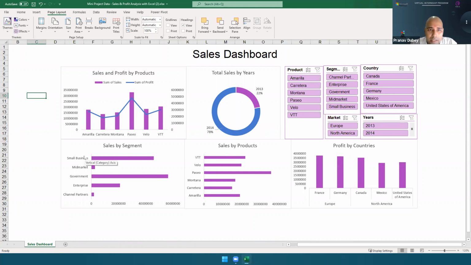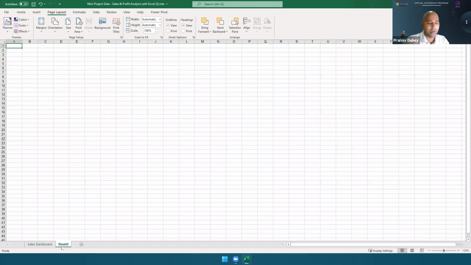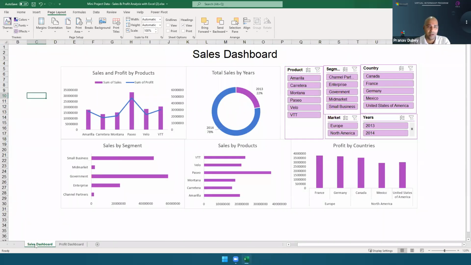Can we make a different dashboard for profit, or do we have to give everything in a single dashboard? No, that's okay. You can create multiple dashboards. So maybe on one dashboard, you do sales analysis, sales dashboard. On the second dashboard, you do similar things, but this could be your profit dashboard. So you analyze the profit of different products in different countries in different years. That's perfectly fine. In your project, you will create multiple dashboards. So one customer dashboard, demographic dashboard, something similar to that. So yes, you can create multiple.